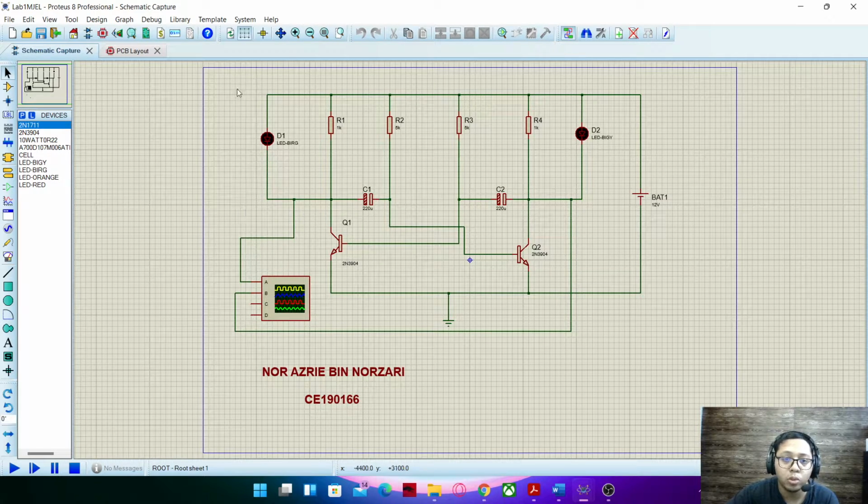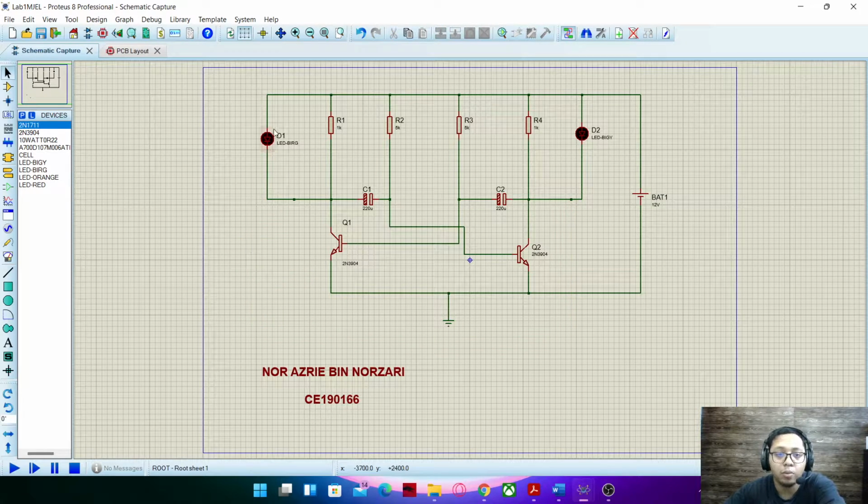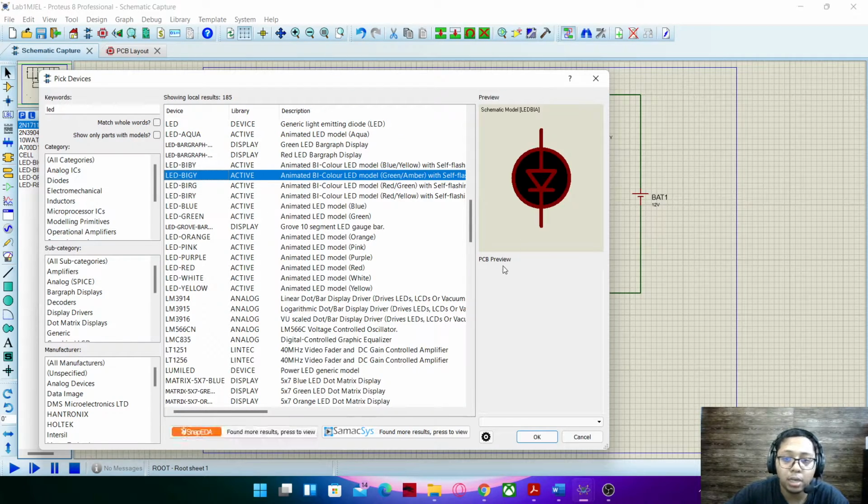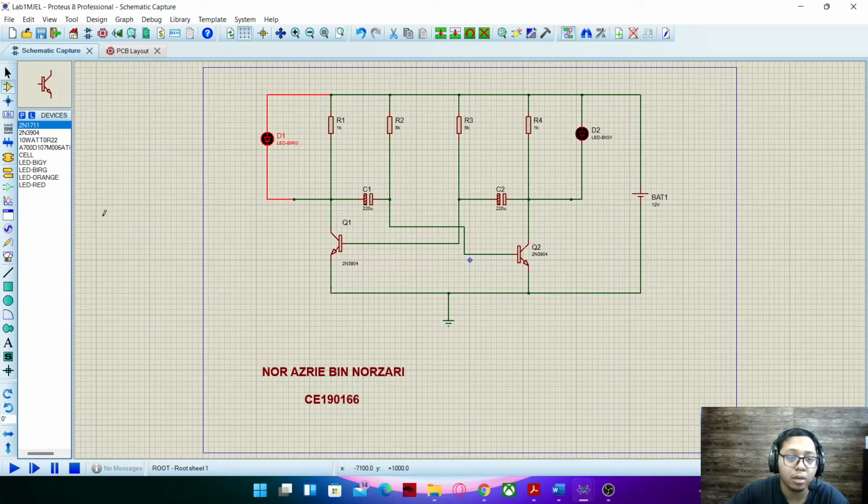To continue with lab 2, we delete all the component here and we delete the LED. Why do I delete this LED? This is because you can see here the LED doesn't have a PCB preview, so we will replace it with a